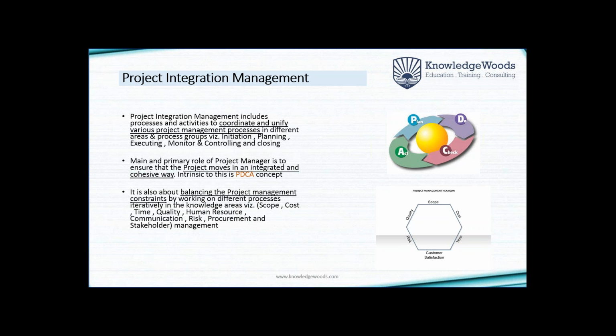And the project management processes in the course of initiation of the project, planning of the project, execution of the project, controlling of the project, also don't happen in isolation. They all interact with each other. So the primary and main role of the project manager lies in the integration of the project management. Definitely he is involved in all the other knowledge areas, but then there are support staff, admin staff, and other departments also. His role is that all these areas are integrated well and the project moves in a cohesive way.